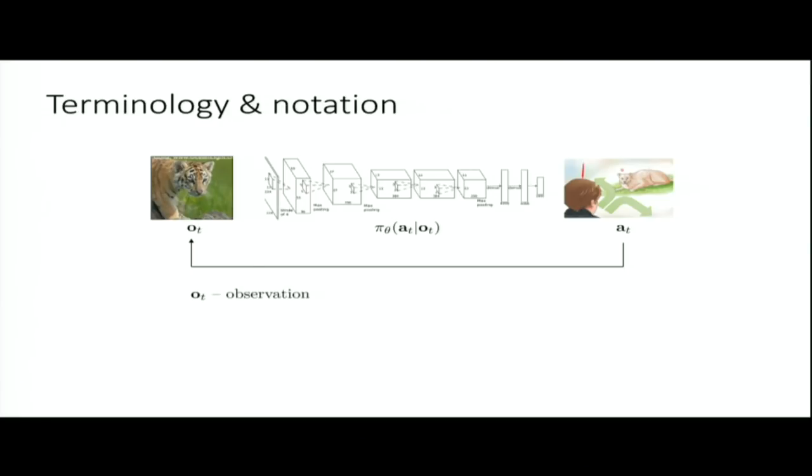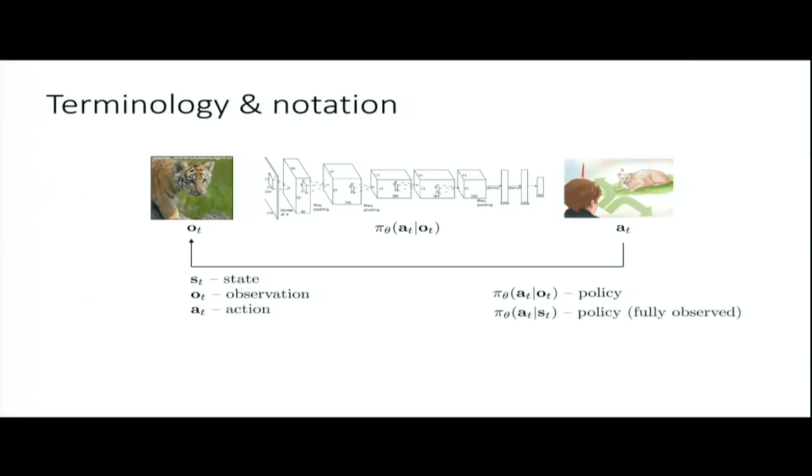Okay, so the notation here, we have O, which denotes observation. Observation is what you see. That's what goes into your model. You have A, which is the action. That's the thing that you are actually going to do. That's what your model needs to output. And there's one more thing that we need to introduce to make this definition of sequential decision-making complete, which is a notion of state. So you're going to be learning these policies, and your state we're going to denote with S, and here's the distinction between state and observation.